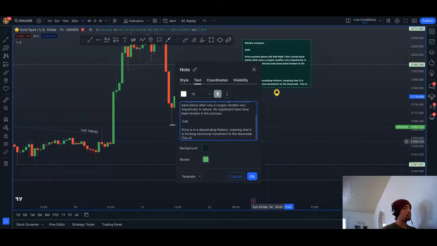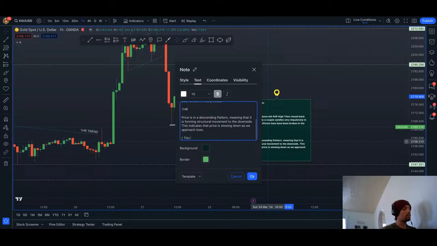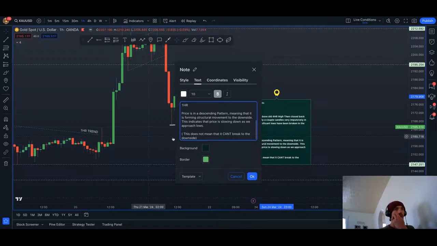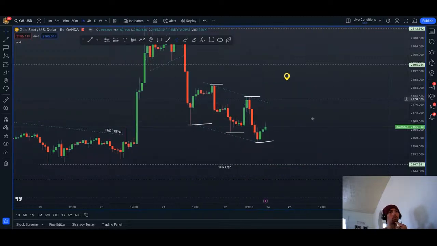This indicates that price is slowing down as we approach lows. Also, when you're doing stuff like this, it does not mean that it can't break to the downside. So I'm looking at price as it's slowing down into this area, and I'm looking for this 1 hour liquidity zone to be grabbed,